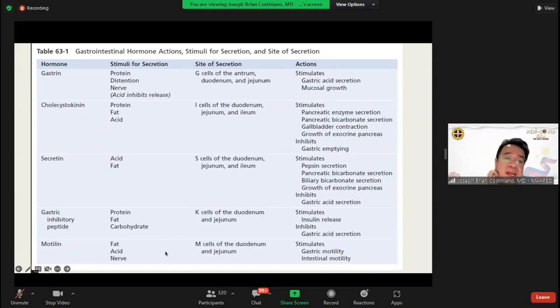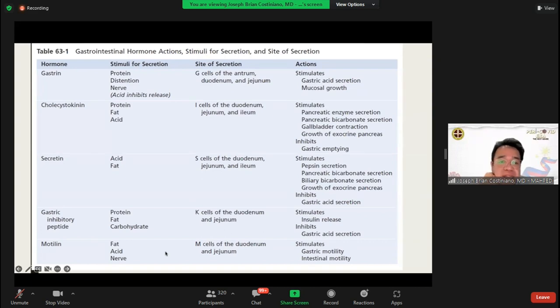Meanwhile, your cholecystokinin is stimulated if you ate any food with protein, fat, or acid. No? So it will stimulate the release of pancreatic enzyme and bicarbonate secretion, and also because of the fat, it will stimulate gallbladder contraction to empty the bile, because the bile will be the one to digest and saponify the fatty acids. And also because you need time in order to digest your protein and fat, it will signal to your stomach na, oy, wag ka munang mag-empty ng pagkain. Busy pa ako, nagda-digest pa ako ng protein and fats. No? So it will inhibit your gastric emptying.